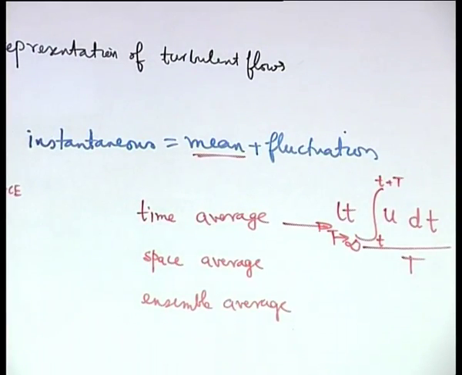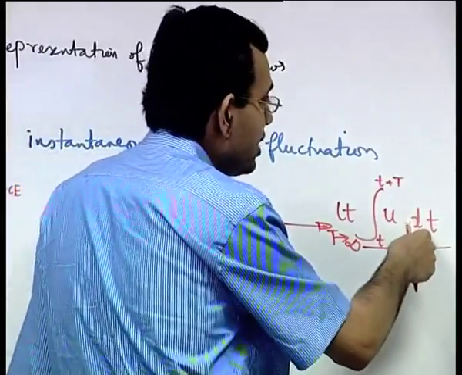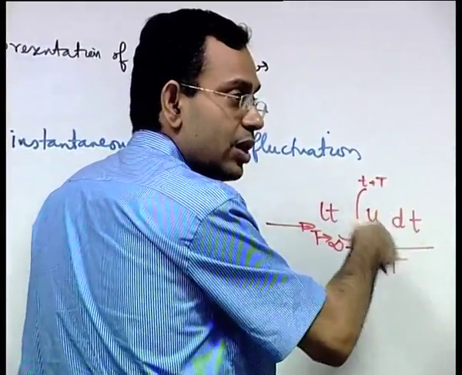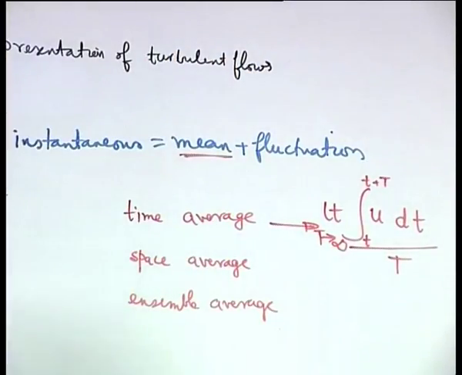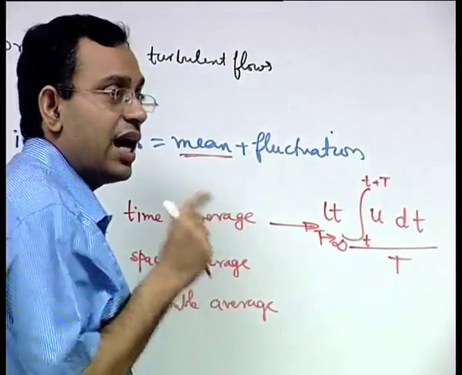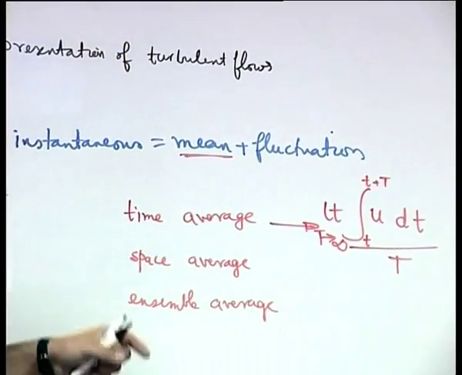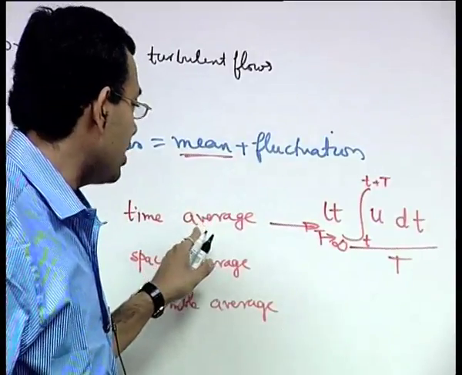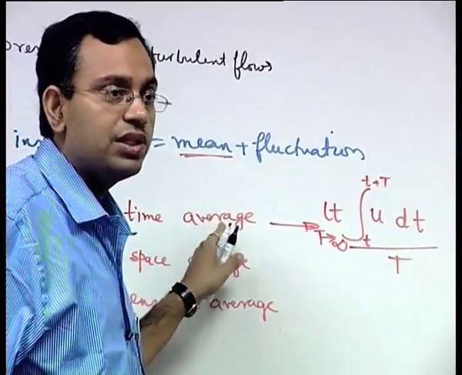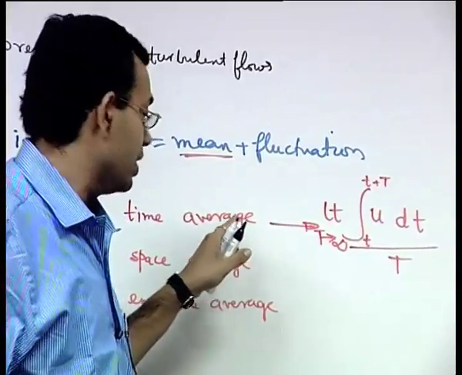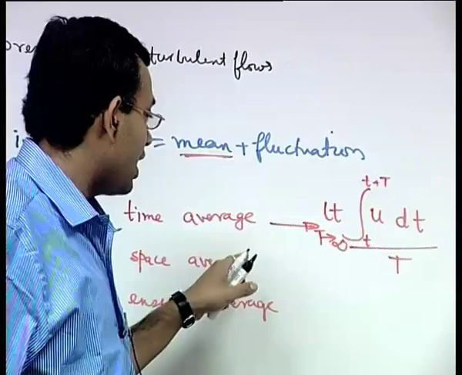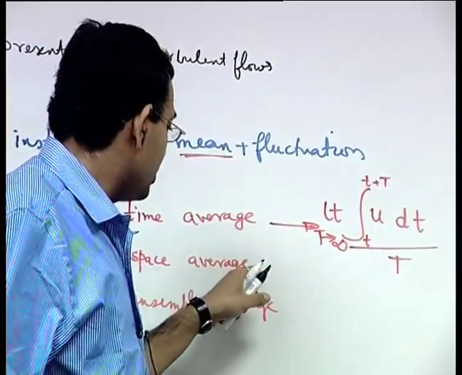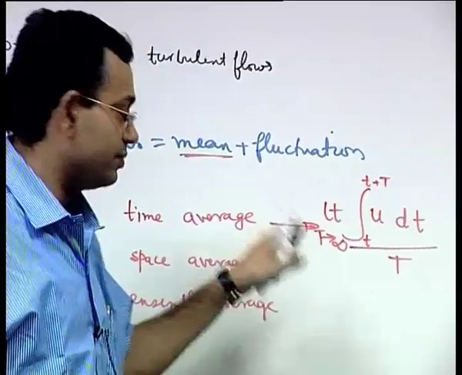So, this we call time average. Now, what is space average? Space average is a similar thing, you replace t with x, the spatial coordinate. So, what you do is at a given time you make an average over position. For a time average at a given position you are making an average over time. For spatial average at a given time you make an average over space position.